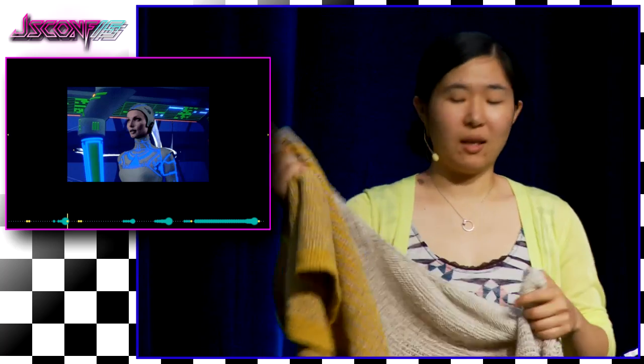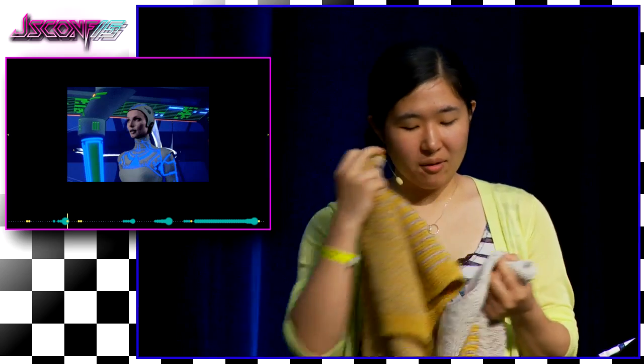The problem was that knitting is a very slow process. This scarf itself took maybe 5 days of solid work, so 8 hours a day. And if you think about a software engineer salary, this is a very expensive piece of scarf. So I did further research about how I can test out my patterns, and stumbled upon this thing called a knitting machine, which I never knew existed, but apparently it existed for home use, available to your house